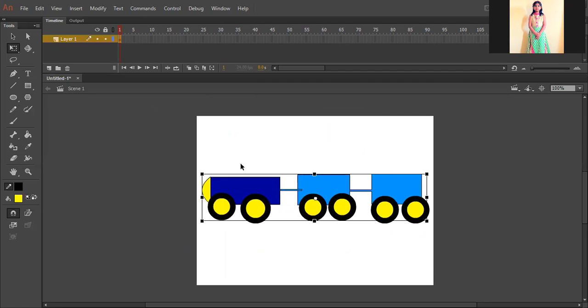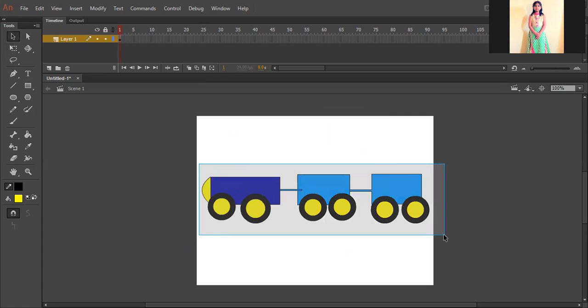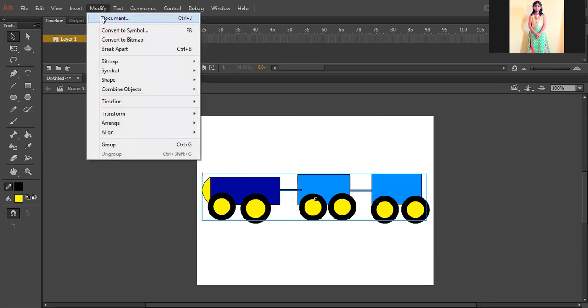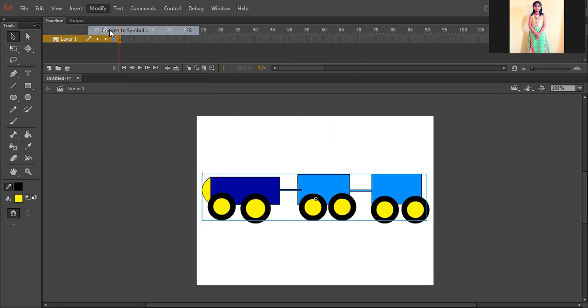Close it. Select the picture. You can select the full picture with the help of the Selection tool. Now this is a symbol, that's why it is not selecting individually. Select full, click Modify, Convert to Symbol. Already it was a symbol, that's why it is asking for some other work. You can convert it into either a graphic, or, as the textbook gave, a button or movie clip.